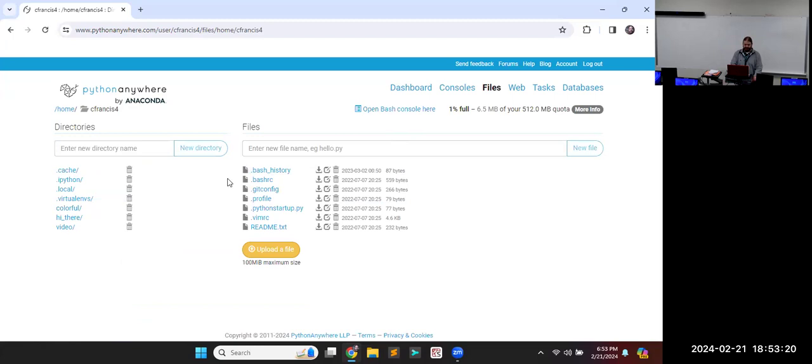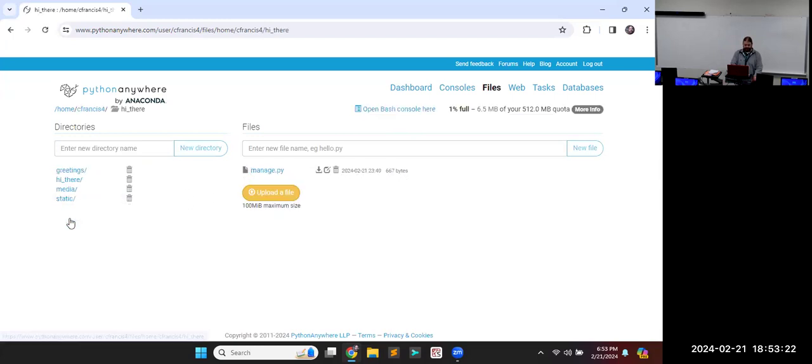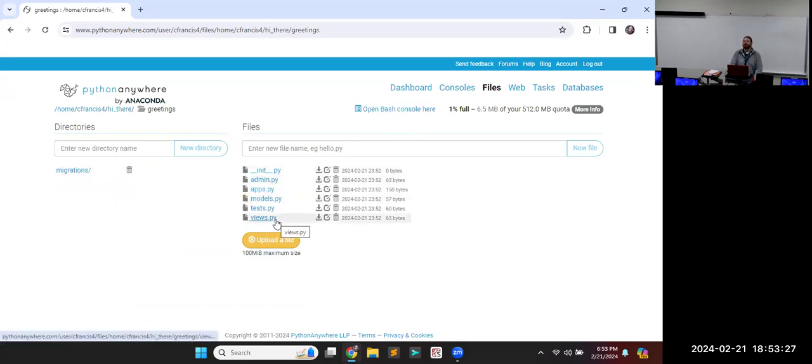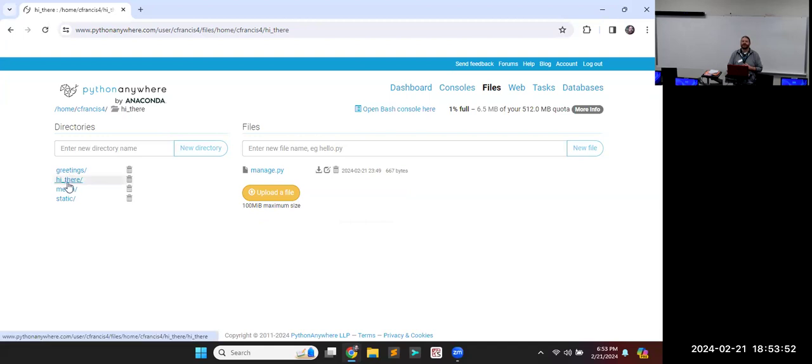But if we go over to files now, then the Hilo project and the greetings app, we'll see a bunch of things we're familiar with. But we just added an app. What do we have to do before we add an app? What's the first thing we have to do when we add an app? Did y'all hear him in the Zoom call? Let's get the up button. Okay, breadcrumbs. Go back up a level,